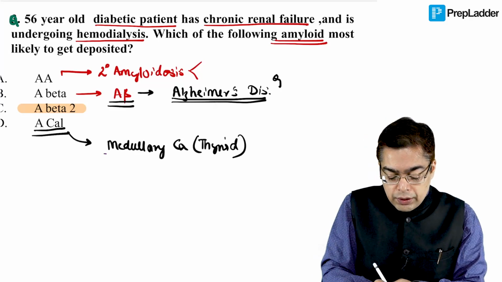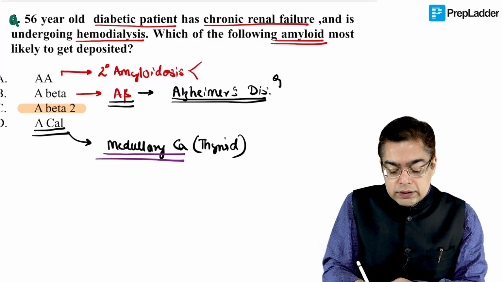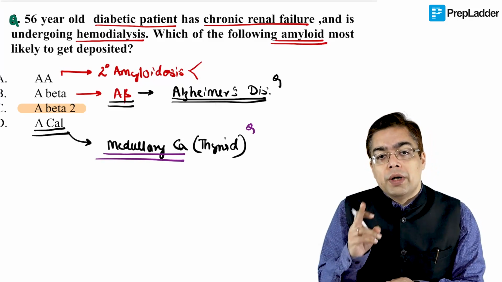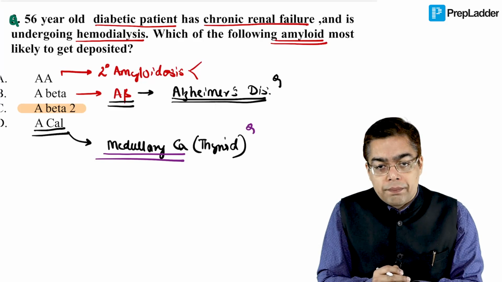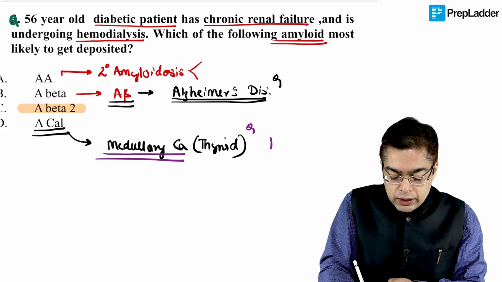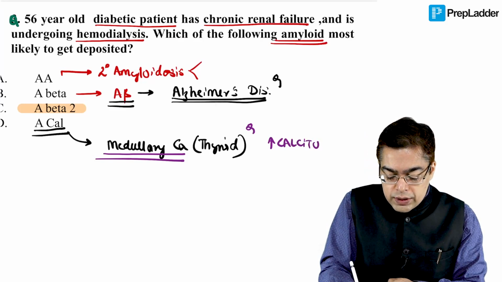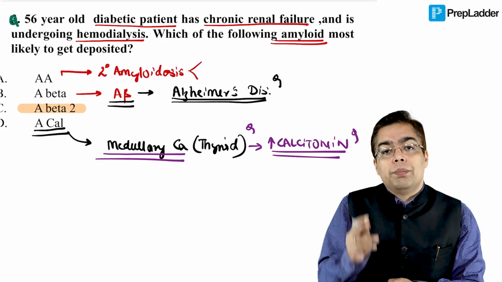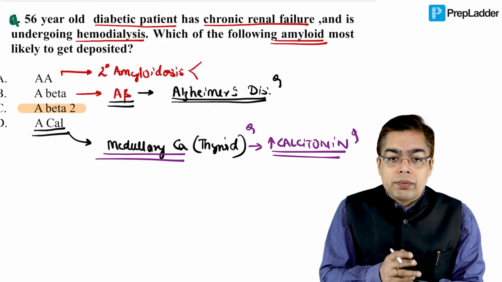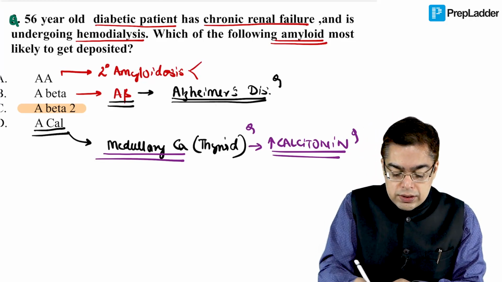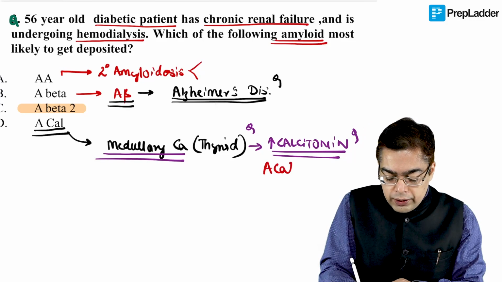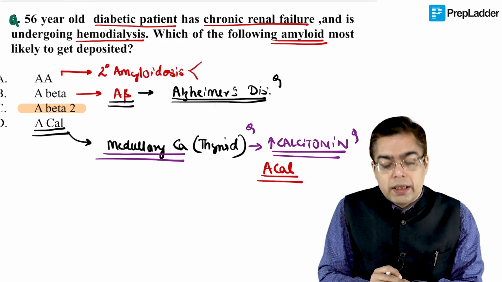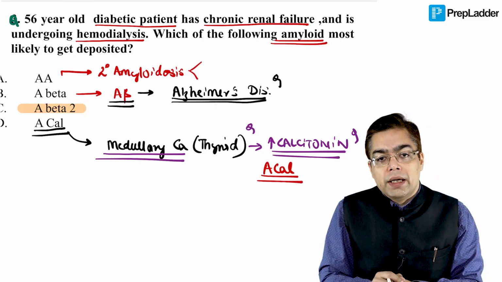So when you talk about medullary cancer of the thyroid, you need to remember that this is a thyroid cancer which arises from the parafollicular cells. That's the point that they ask you typically as a part 2 question of your exam. We need to recall that there is going to be an elevated concentration of calcitonin seen in these individuals. So calcitonin is going to be a tumor marker. That's the other way of putting up a paper 1 question for your exam. Calcitonin is a tumor marker for medullary thyroid cancer, and this extra calcitonin can get deposited in the form of amyloid. Therefore, the chemical nature of the amyloid in case of medullary thyroid cancer happens to be ACAL. So the question is going to be applied, and I repeat that fact.